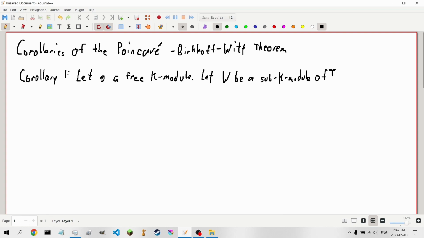With this they mean that it's a k-module and a submodule of Tn. And we're going to be referencing some of the functions we defined last time. If the restriction of our tau n to W, which is mapped from W to the symmetric algebra component Sn, is an isomorphism,